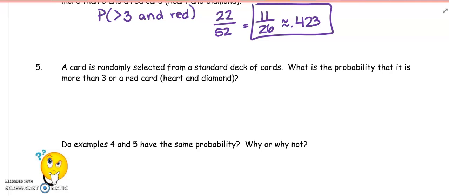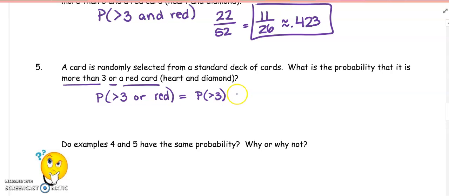All right, number 5, still dealing with that deck of cards. I want to know the probability of more than 3 or a red heart, meaning again it's going to be a red card, meaning again it's going to be a heart or a diamond. This is an or statement now, so I want the probability of greater than 3 or it being red. So that is the probability that it is greater than 3 plus the probability of it being red. And then I have to subtract off the probability of it being greater than 3